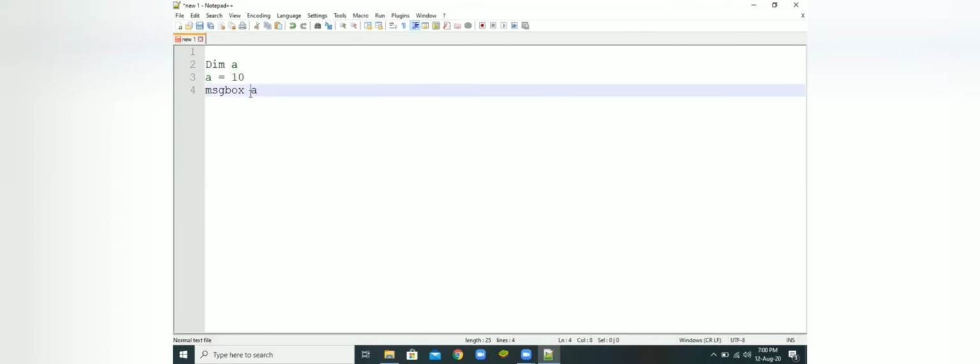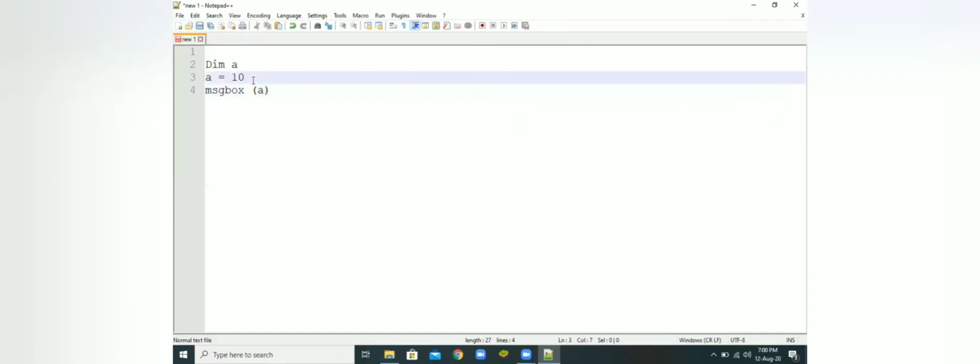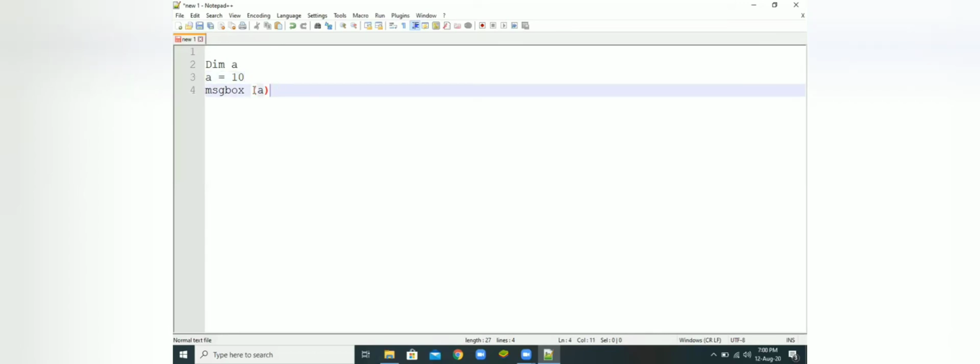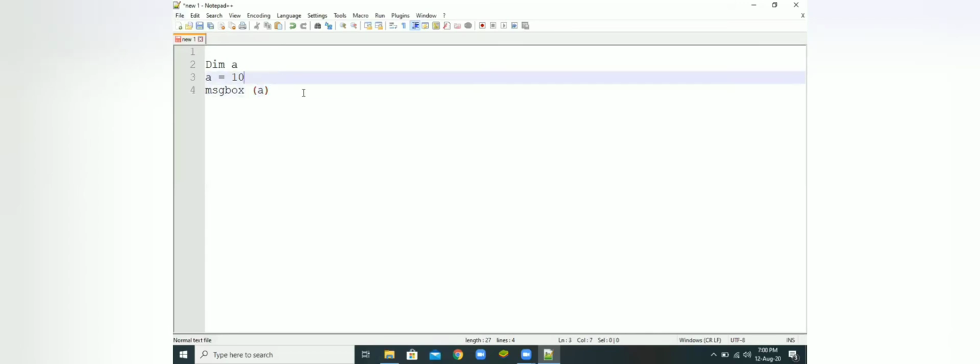While displaying, you don't need to give open and close parentheses or a semicolon at the end of each statement, as in some other languages. Here that is optional. Now I save this one.